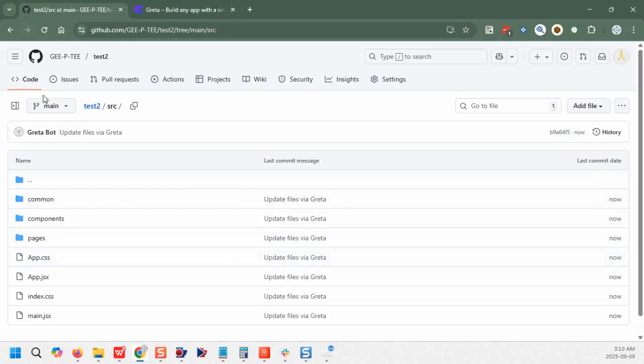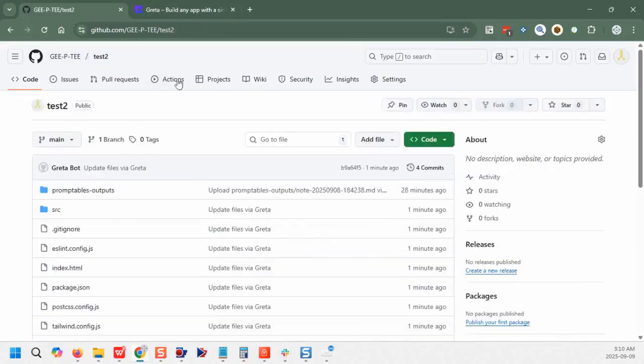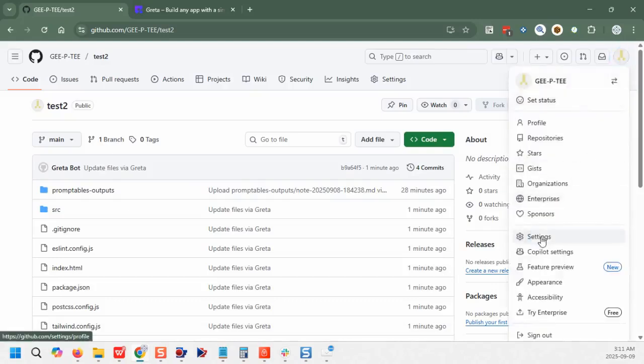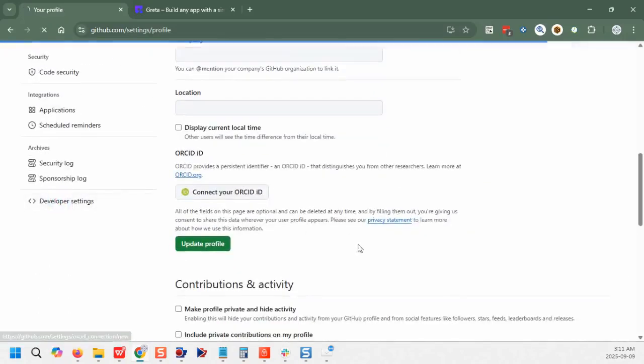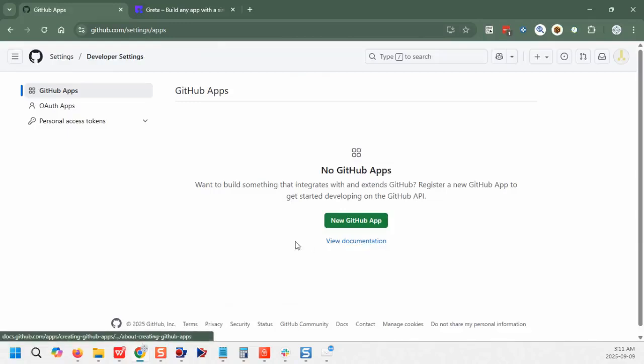So now all we have to do is we go back to test. And we also have to make sure that it's public. If it is private, a lot of these, when you push, it will make the repository private, and all you have to do is go over here, and you're going to go to settings in GitHub, and you just go down to the bottom, developer settings, and you can either get a personal access token if you want to keep it private, or you can also go to